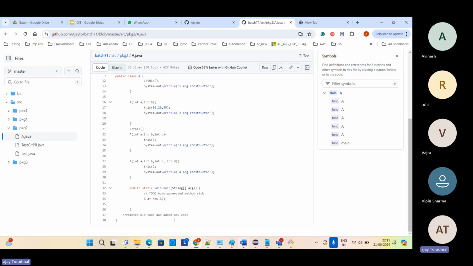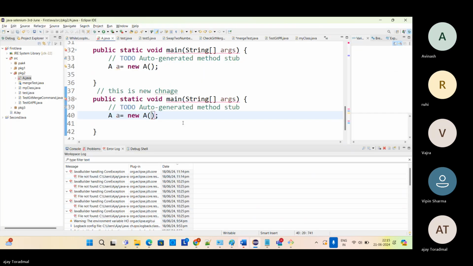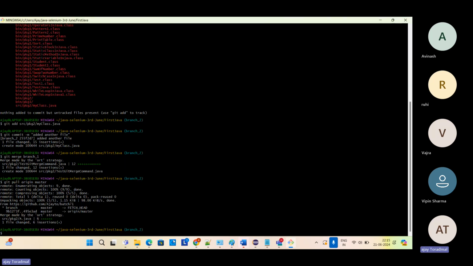So instead of doing the pull, what can one do? One can go to Git checkout, or he will say like, Git,